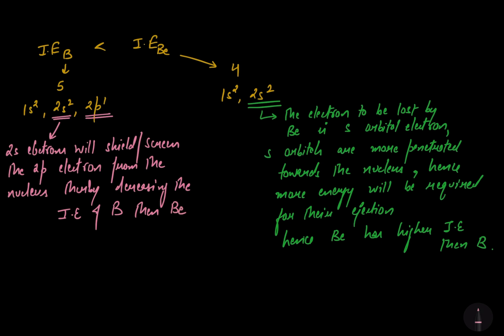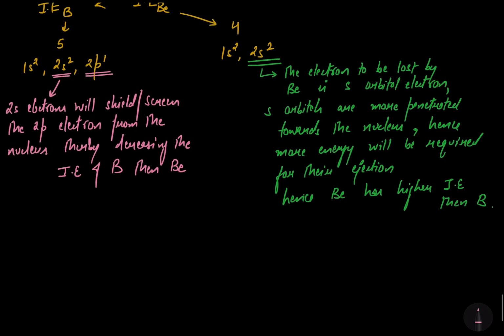So these were the reasons why boron has lesser ionization energy comparatively to beryllium. It's an exception. Now let's talk about the next point,